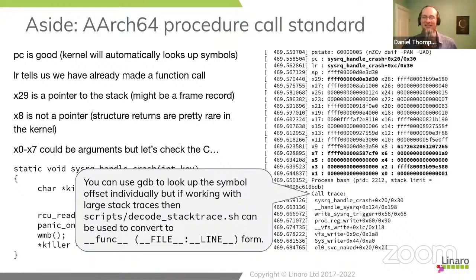When you are decoding these crash-plus-offset things, you can use the tools I showed you before, GDB and addr2line. There is actually a script, scripts/decode_stacktrace. You hand it the oops and the vmlinux file. And if it's got debug information in the vmlinux file, as in you've got CONFIG_DEBUG_INFO set, it will be able to convert those from hex offsets to function, file name, and line.